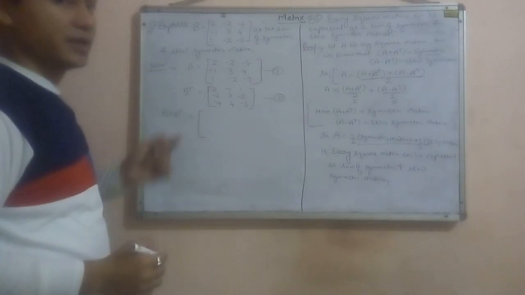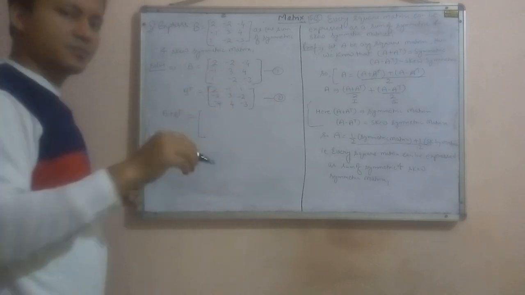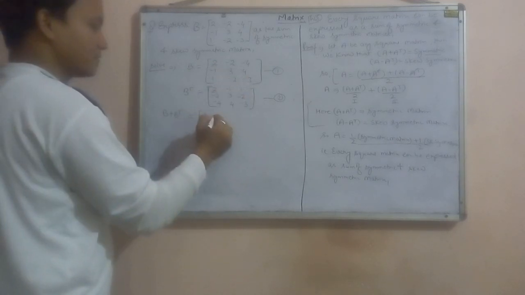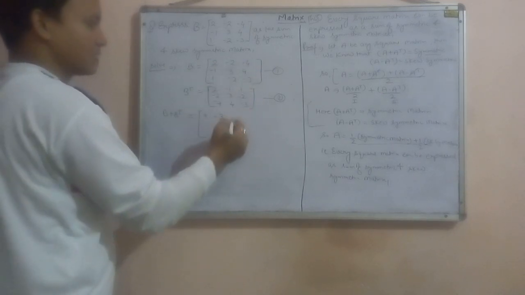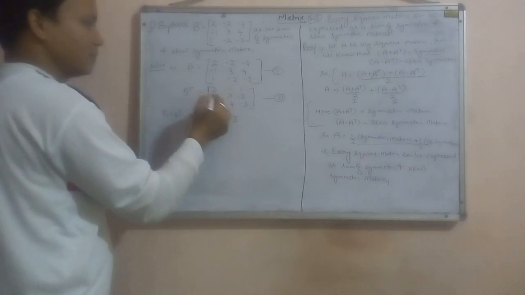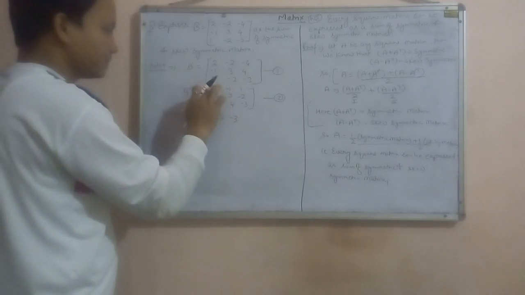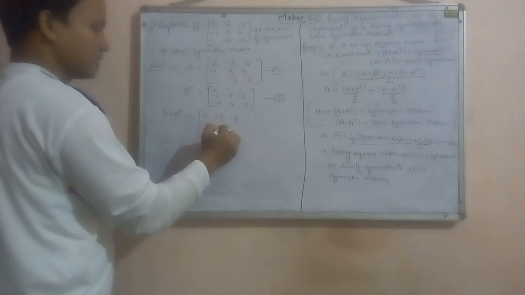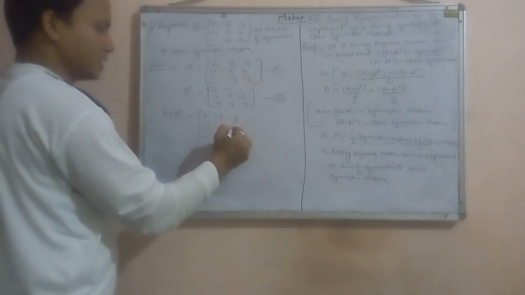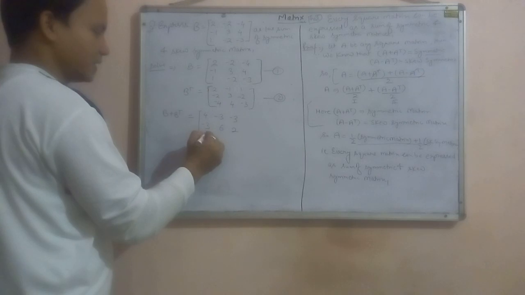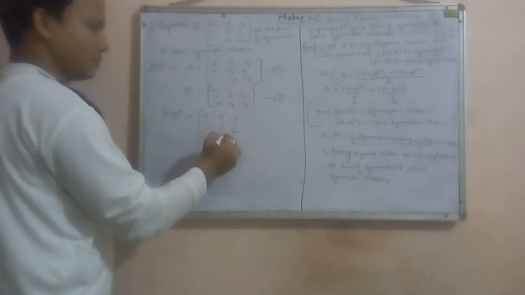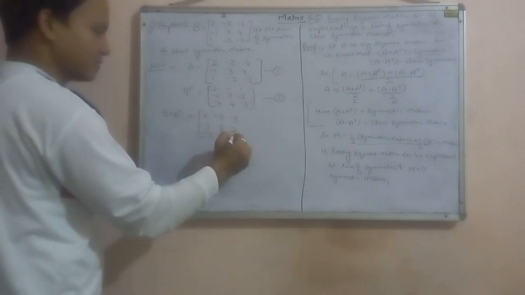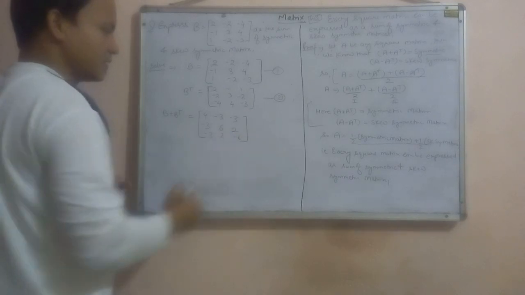So how are we going to add it? The corresponding terms will add with the corresponding positions of the other elements. So 2 plus 2 is 4, -2 minus 1 is -3, -4 plus 1 is -3, -1 minus 2 is -3, 3 plus 3 is 6, 4 minus 2 is 2, 1 minus 4 is -3, -2 plus 4 is plus 2, and -3 minus 3 gives us -6. Is it clear?